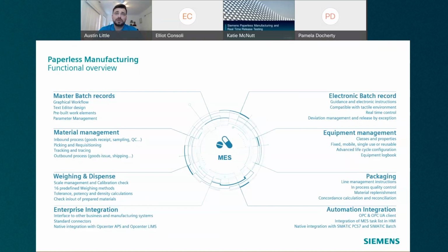Packaging, ultimately at the end of a production cycle, making sure that the packaging of the product is done correctly. MES plays a role in this as well for line management instructions, making sure operators are packaging the product up correctly. And then you also have a key piece of MES, because it can work in a silo, but you